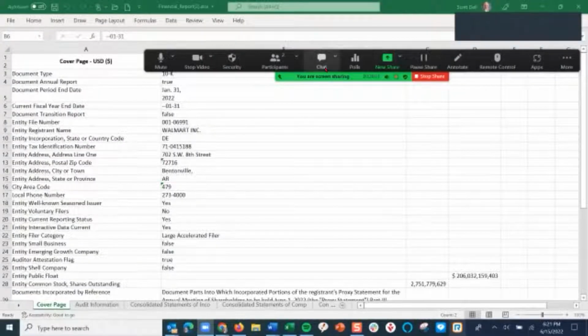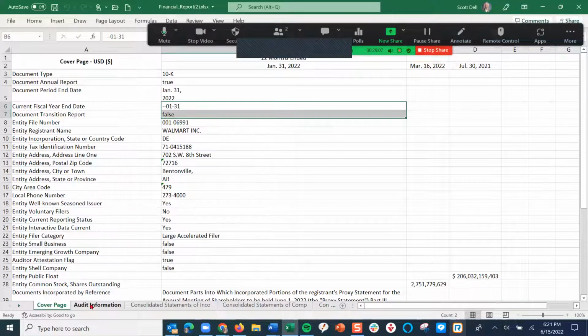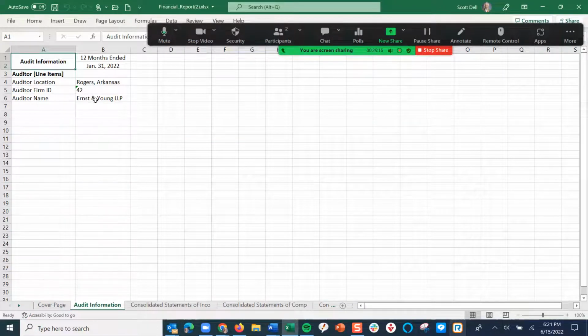So let me go back to share. All right, so I am now on the cover page tab. I go to audit information. We actually had the question, okay, tell me about the auditor. Well, the audit information is EY. You used to work for, it was Arthur Young when I was there. It was part of the Big Eight. Now it's Ernst & Young, so it's part of the Big Four. So EY is the auditor out of Rogers, Arkansas. No surprise, because Walmart's out of Arkansas, right? But their office down there that services Walmart is where they're based, but they're global, one of the Big Four CPA firms. So there's one of the answers to our question, who the heck is the auditor?